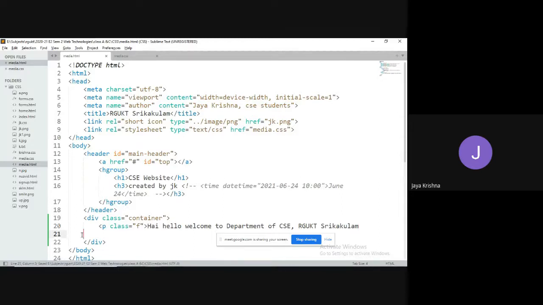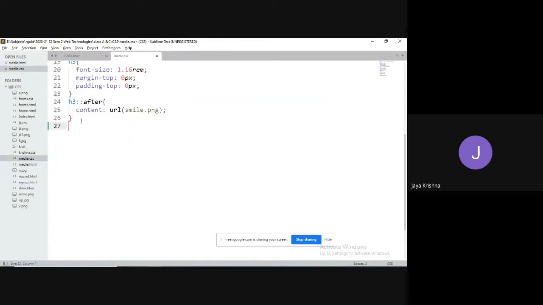For this division, I am going to access this one and apply some properties.